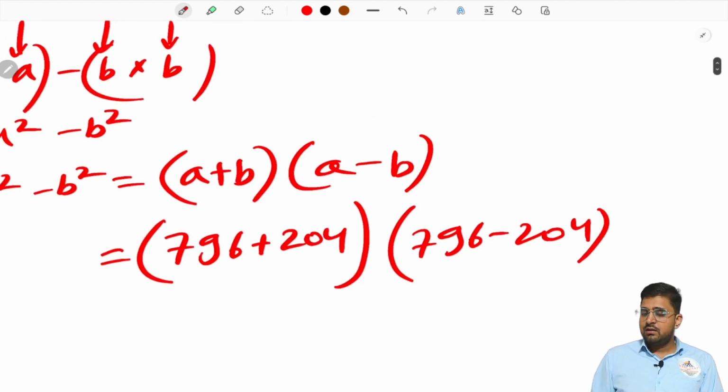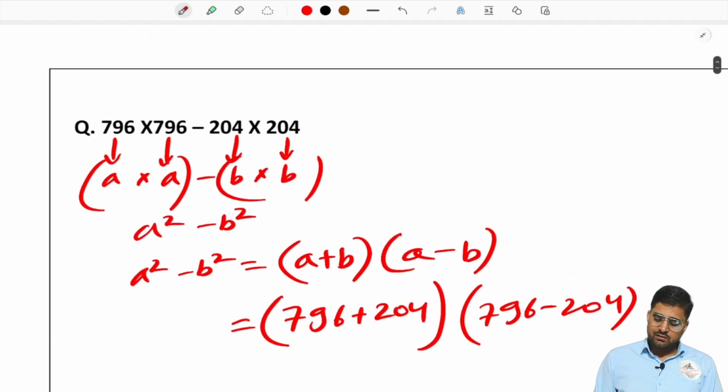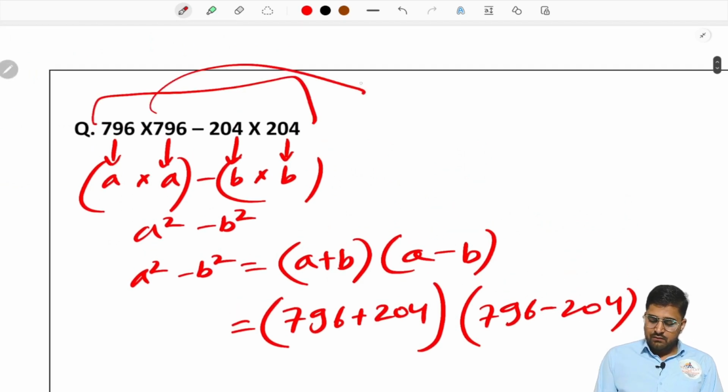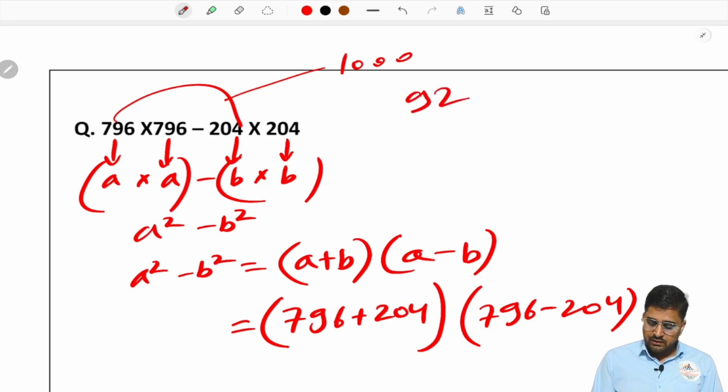See, in a real examination you are not going to write all of these. It's for your understanding only. When you solve in reality, you just mention, okay, it's 796, so first I have to add this, then in the second step I have to subtract this. You can simply write that it's a 1000, and if you have to subtract this, you can easily subtract and say that it's,